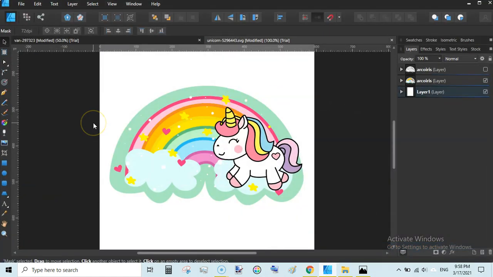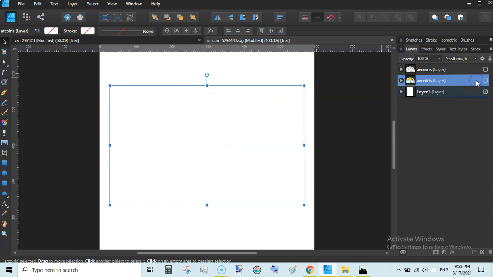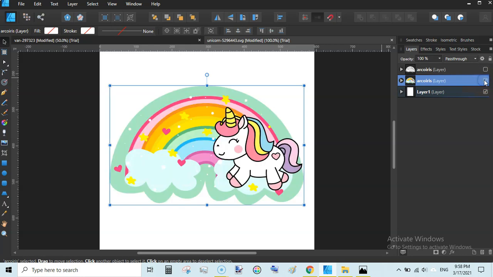I have downloaded and installed it on my laptop, and once there I just opened this SVG file and made a copy of this. This is the main SVG. Just press Ctrl+J on your keyboard to make a copy or duplicate of this.